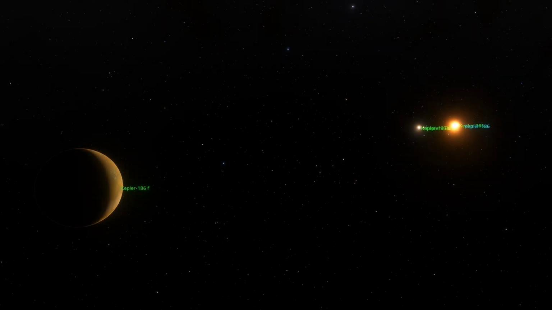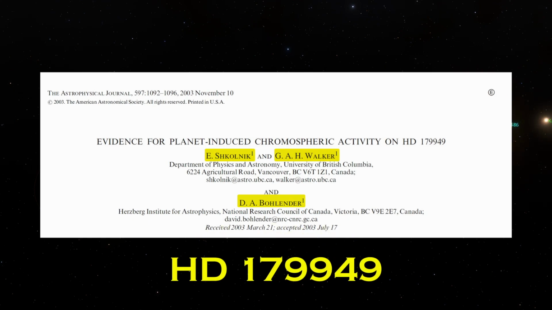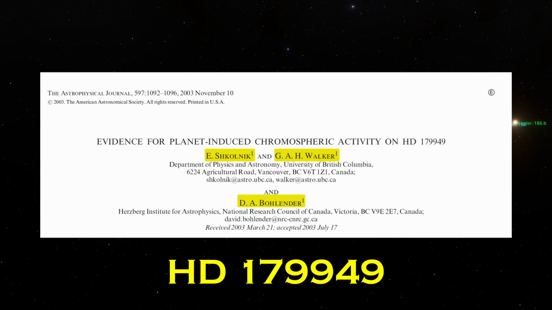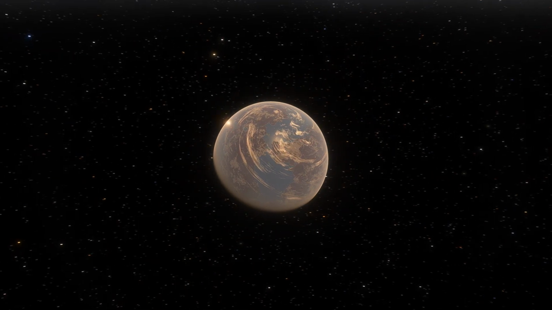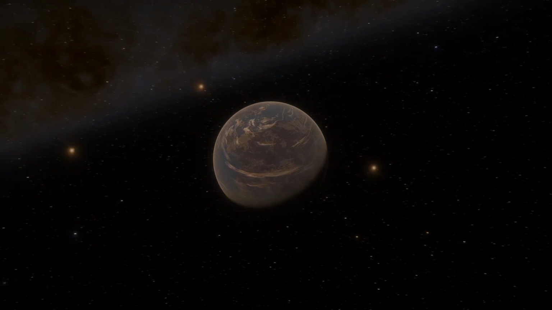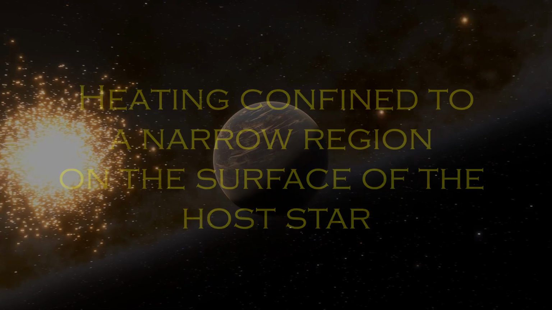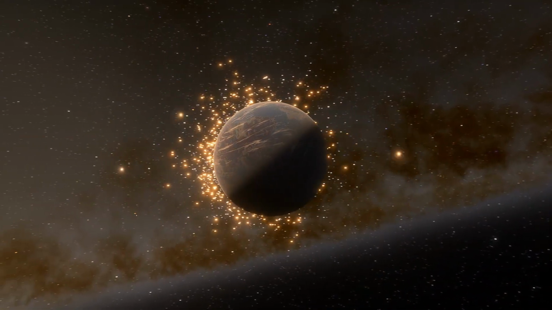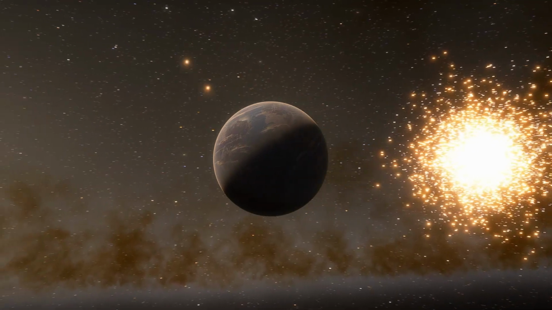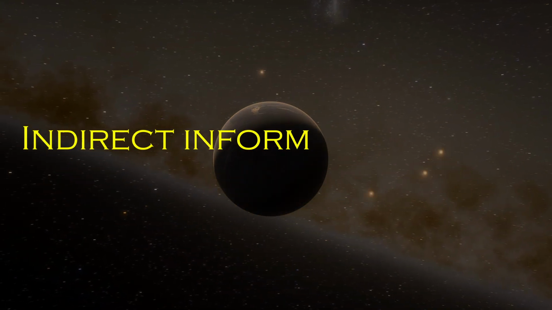With the basic concepts out of the way, let's dive into today's paper. In 2003, Shkolnik, Walker and Bohlender released a paper where they presented their results about detecting planet-induced activity on the chromosphere of this star. Through their observations and analysis, they determined that the activity was due to the magnetic interaction between the planet and the star. Since the planet-induced heating is confined to a narrow region on the surface of the star, the increased activity can actually track the planet and the activity's period would equal that of the planet if it is magnetically induced. This was monumental because it was the first time that scientists could indirectly get information about an